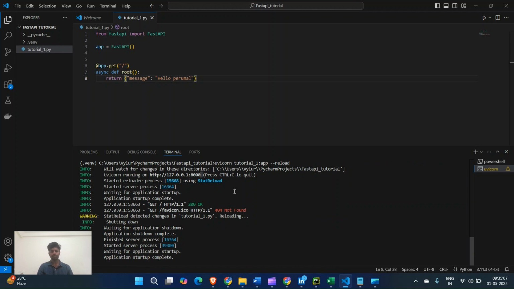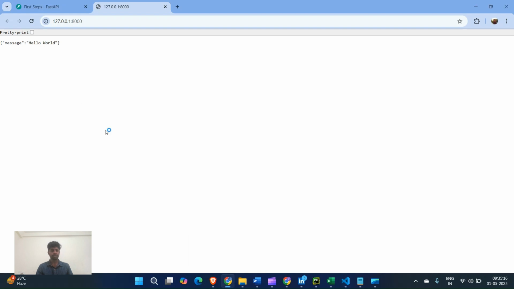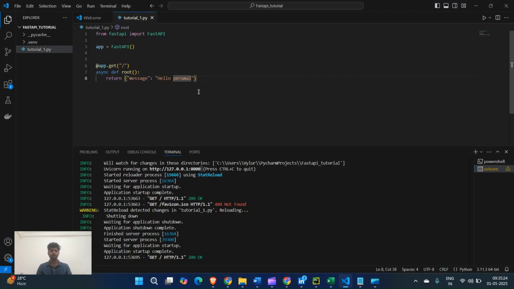So that is the step we gave there. Even though we made some changes, you don't need to run it again. It was already in the reload mode. You can see this. Then if you go back to this, you just have to refresh this. You can see this hello Perumal. The message is changed. So in this way you can do anything, like let's say, overall assumption